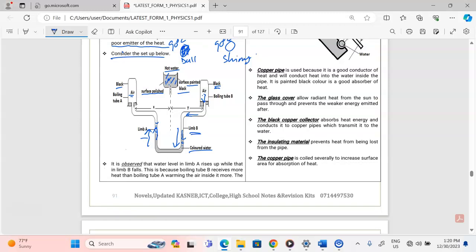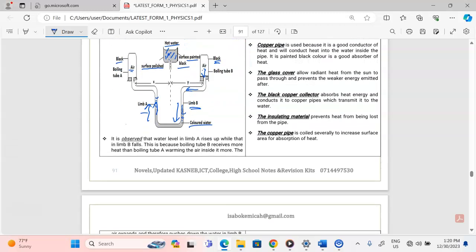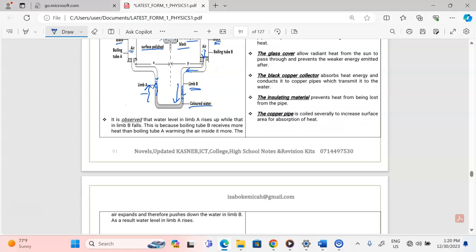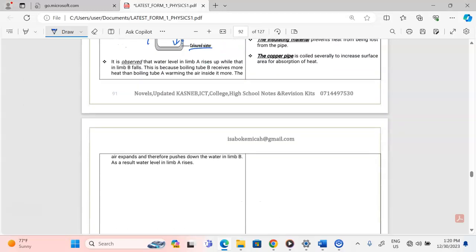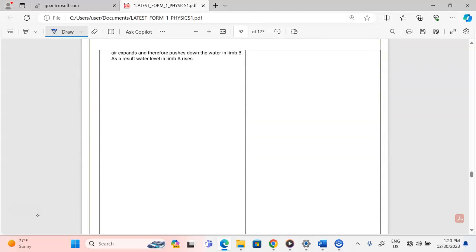But before we look at the applications of thermal radiation, it's good we know that we can also have an experiment which is showing different rates of absorption, because this is dealing with different rates of emission. We can have a source of heat. Let's say this is a flame, it's a source of heat. Then at equal distances, you have a beaker, which is a black beaker,